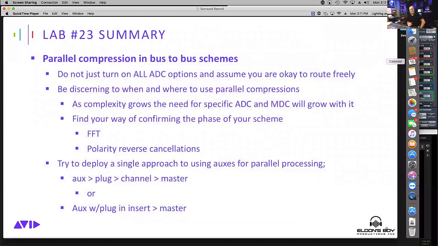All right, so let's do some summarizing. As I said in the early parts of this, please do not just turn on all the ADC options and assume you're going to be okay to route freely. You are not. You want to use it as needed and understand what it is addressing and what it is not addressing, and try to think compartmentalized. You have enough processing now to compartmentalize processing into stems and make that really effective. Be really discerning where you use parallel compression, especially New York style parallel compression. You may not want to use that